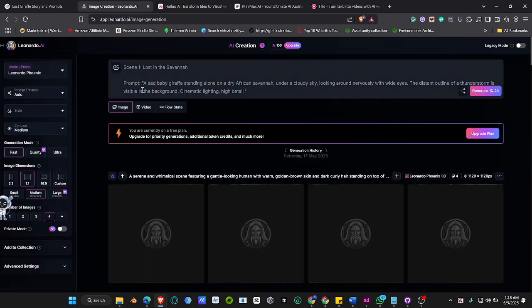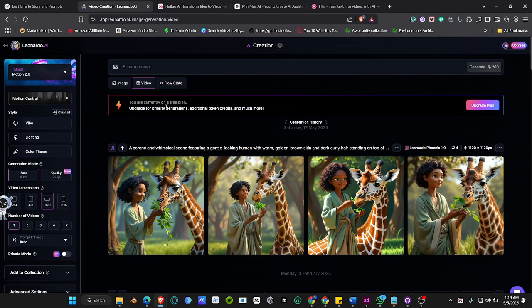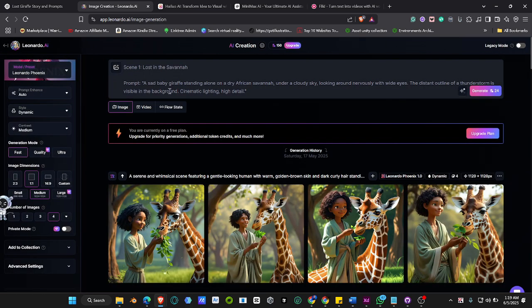But again, you can actually do video, but if you do video on the prompt, you have on images, you have 24 coins. Remember, at the top right here we have 150 coins. If you click on video, you have about 200, and we don't have up to that, so we can't do video. So we can do image. Let's just do image right now.